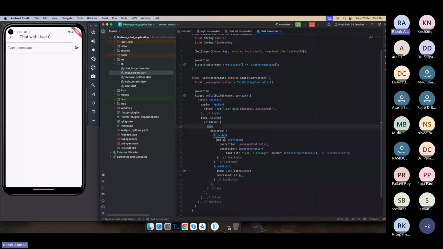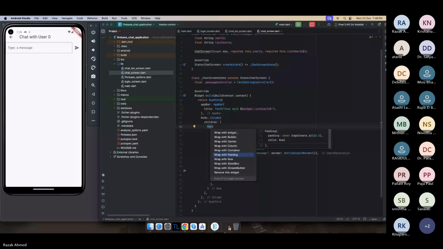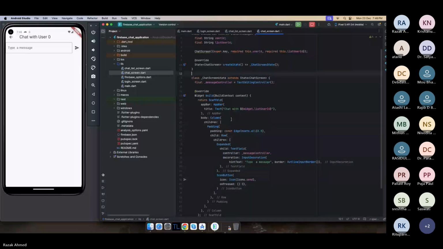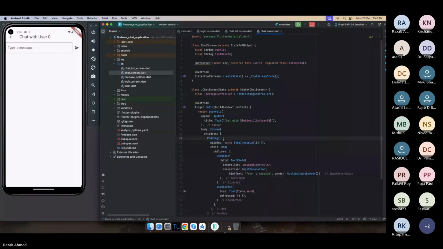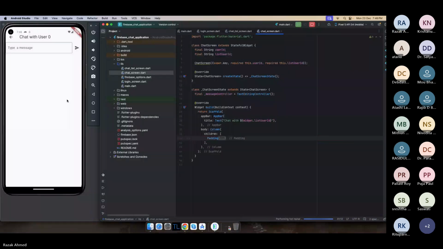So I'll type with padding widget. Okay, fine. So this will be shown. For now, I'm showing it in the top, but this will be shown at the bottom, and we'll try to display the messages that will be typed from this